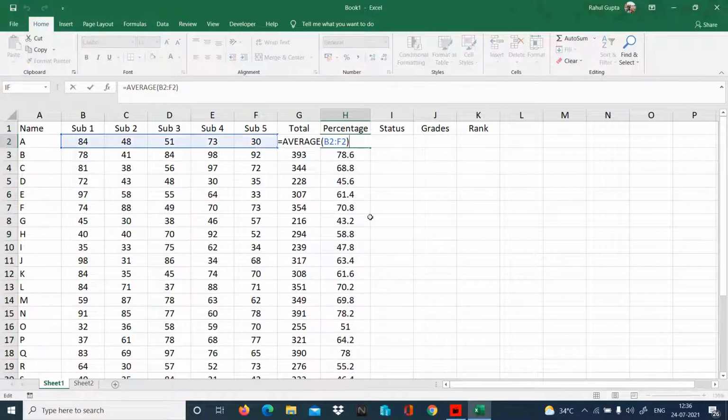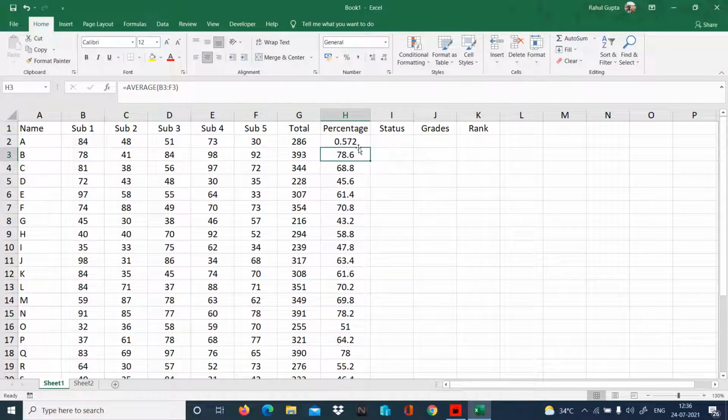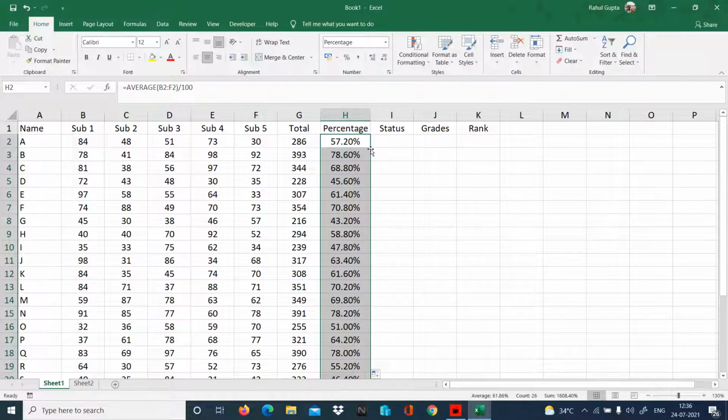So I'll divide this by 100 so that I can add a percent sign. And from the Numbers option on the Home ribbon, I'm going to add the percent style and increase 2 decimal places. And now we have all of them in percentage.